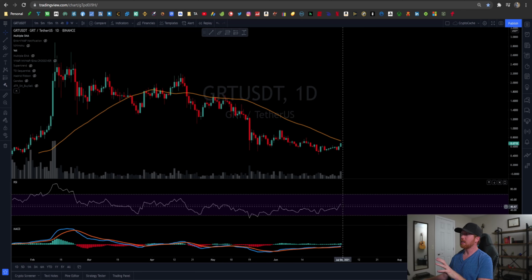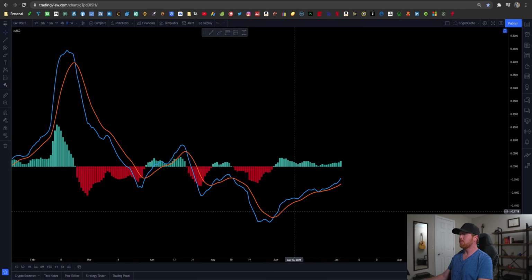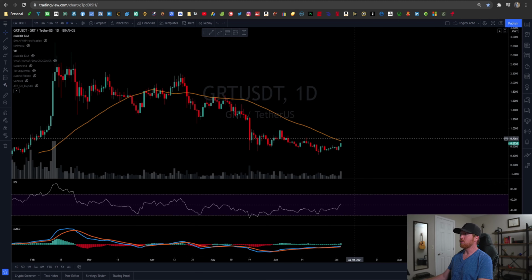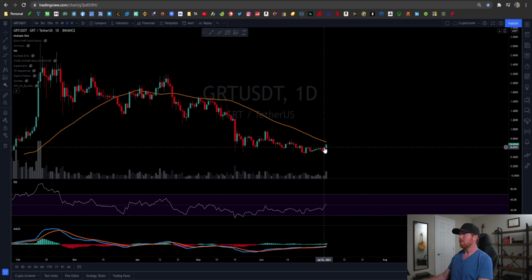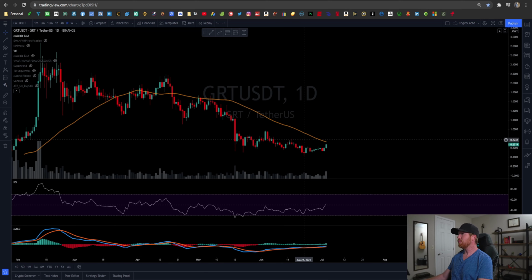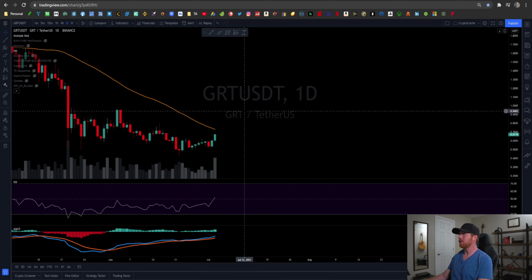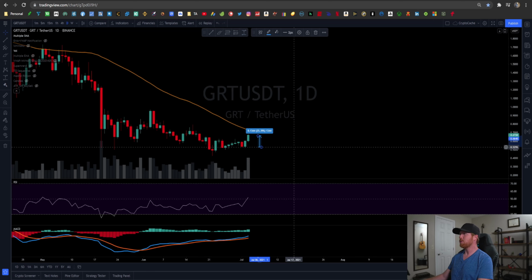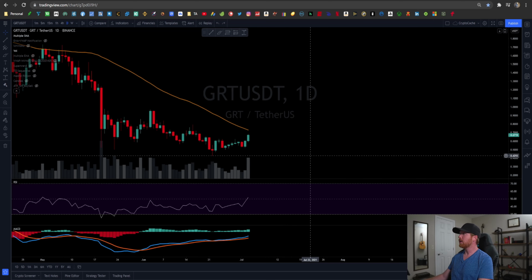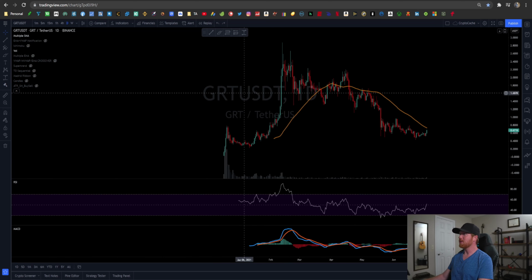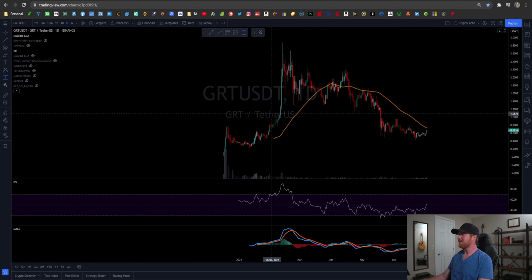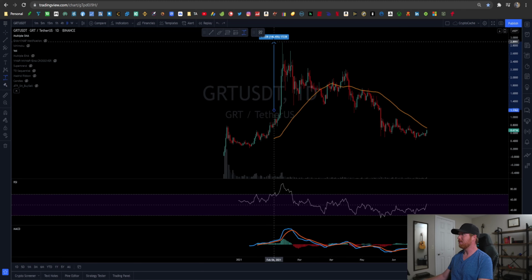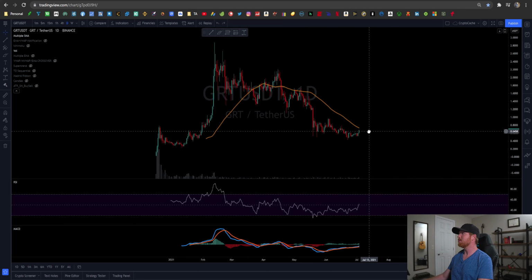But at this point in time, the RSI is pretty low. We're right at 50. That's a good sign. And we have not a lot of movement on the MACD, which is perfectly fine as well. Pretty standard for this consolidation period, but we are seeing some increase here recently. May not seem like a lot, but that is actually a pretty strong increase from the graph. So let's take a look here. In the last 2 days, we've got upwards of 26% growth in 2 days. That's quite a lot when you think about it. It may not seem like much compared to its previous growth, considering the fact that one day it went up about 150% in one day. Yeah, that was pretty impressive.